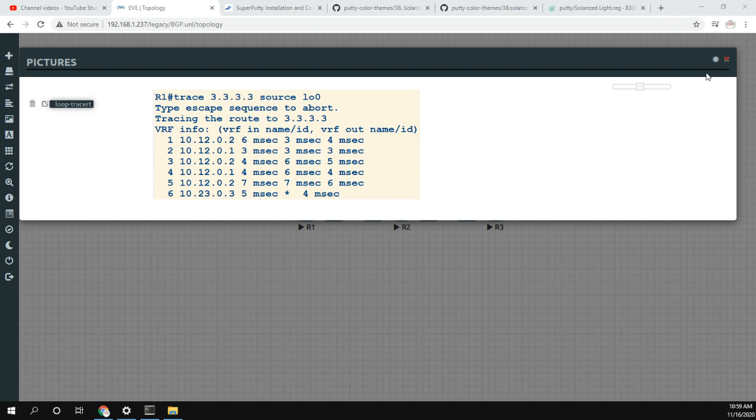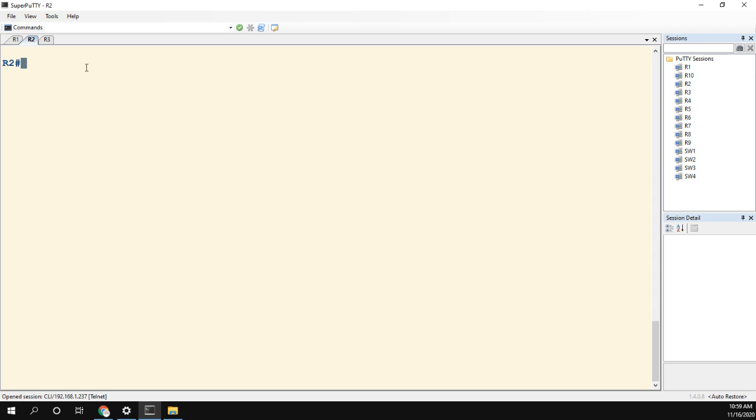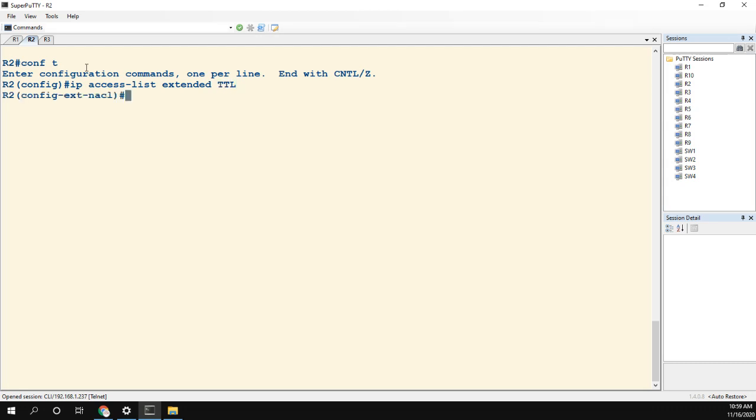So let's head over to router 2, and what we're going to do is, unsurprisingly, some PBR, some policy-based routing. And specifically, we will use our route map for PBR to reference an access list. And this will be an extended access list, and I'm going to call it TTL, because that's what we're going to match on. We're going to match on the time to live. So we're going to permit IP any,